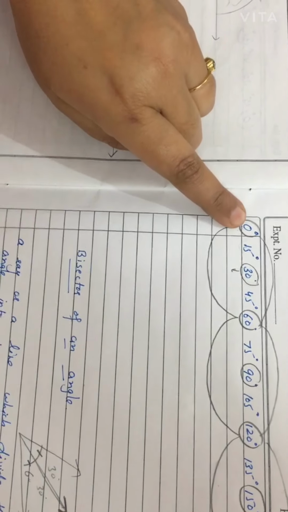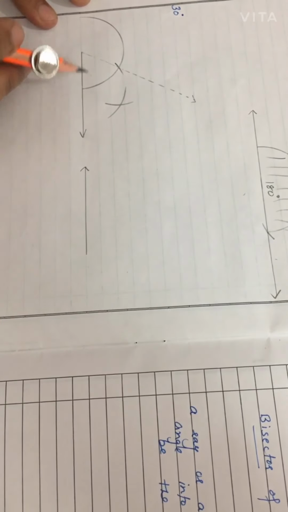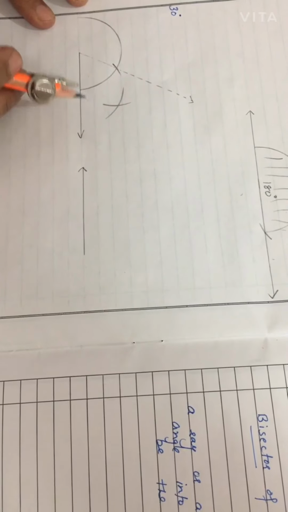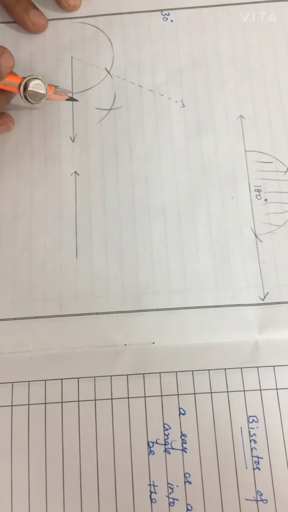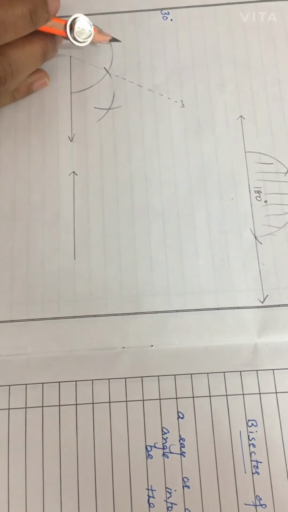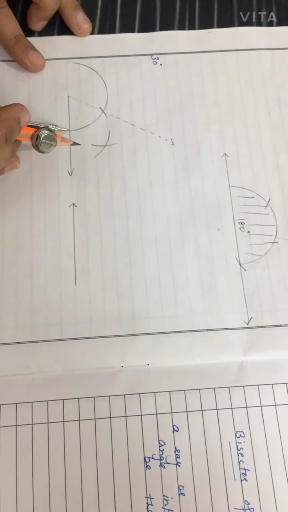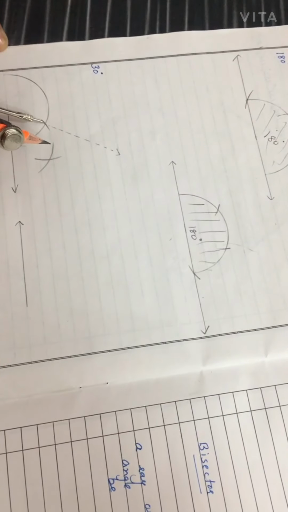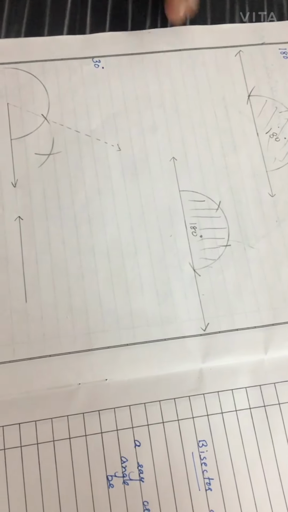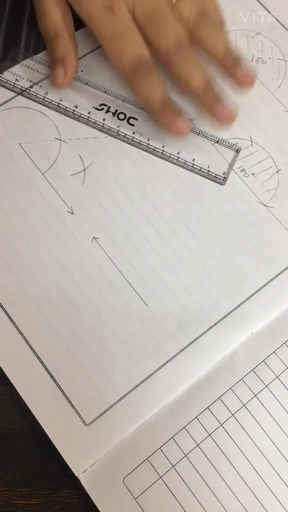So we will keep on 0 degree and 60 degree. This is for 0 degree because this ray and same ray lie on this, which shows the 0 degree. So this ray shows the 0 and this ray is for 60 degree. But we will use the point for this arc only. So we will use this point for 0 degree and this point for 60. We have given this type of arc by keeping on 0 and 60 where these two arcs are meeting. At this point, these two arcs are meeting.